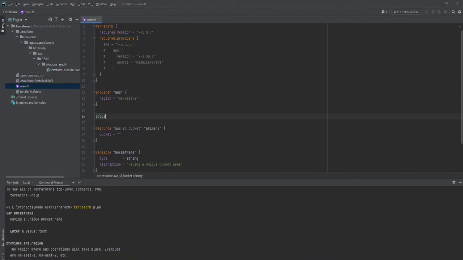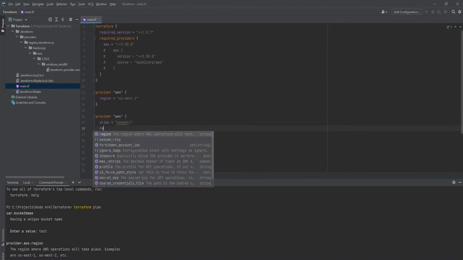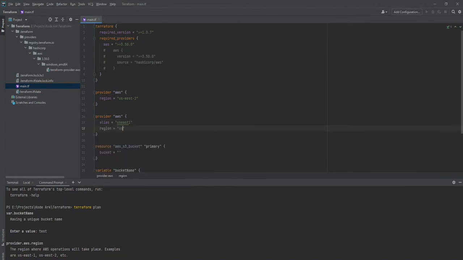We can have multiple provider settings defined using alias. So I will say alias us-west-1, and in a similar way you can have all the others.